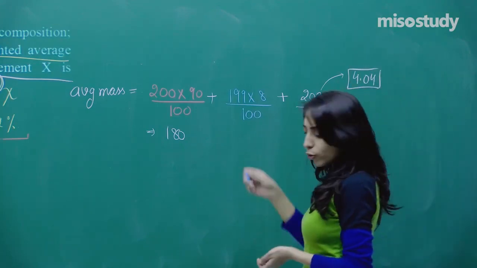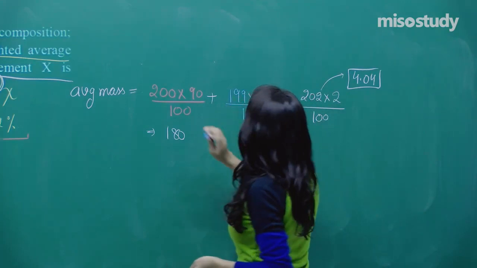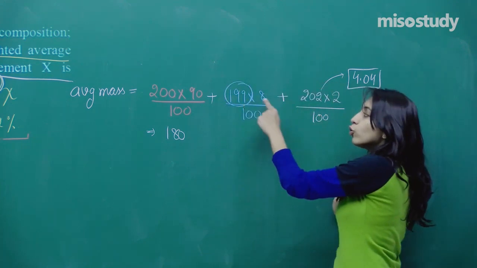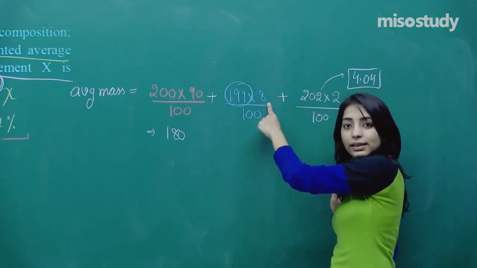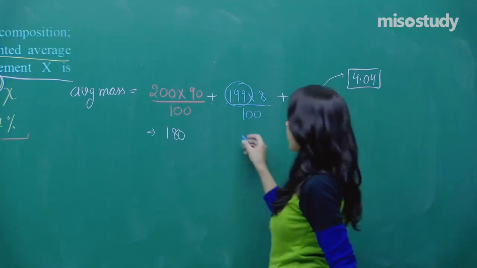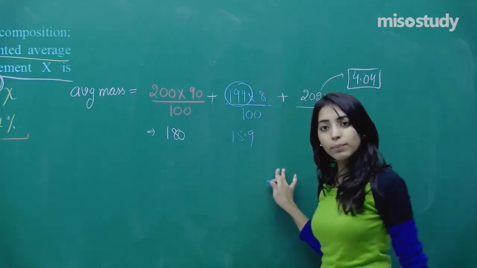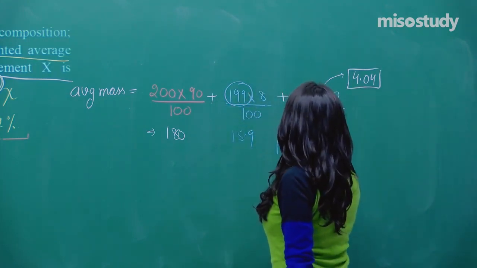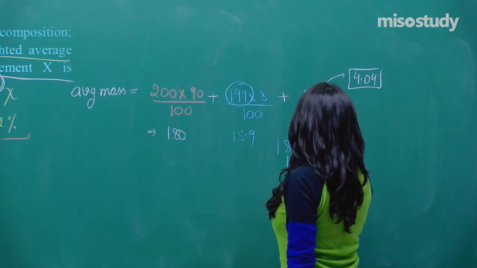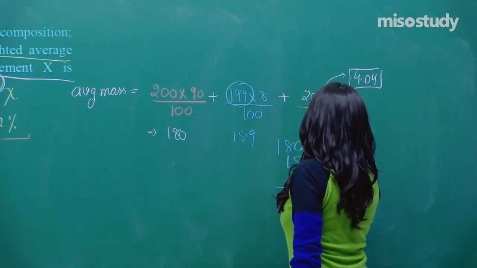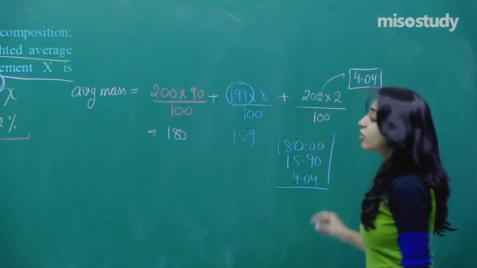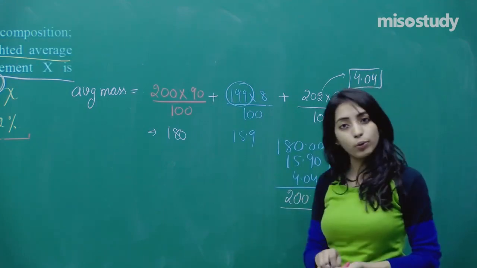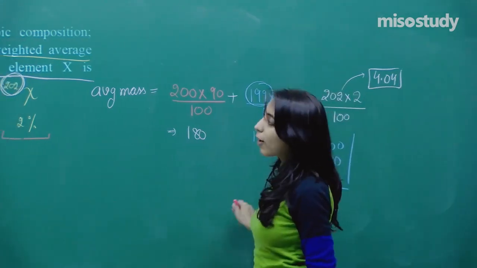And this will come out to be something like 15 point something. Guys, see how I have guessed 15 point something. If this would have been 200, 200 into 8 will be 16, right? But this is something less, so it should be coming out to be 15.9 something. I have just taken an approximation, okay? Now you do 180 plus 15.9 plus 4.04. Do the calculation, you will surely get the answer to be close to 200 only. Okay. So guys, this was about question number 8.